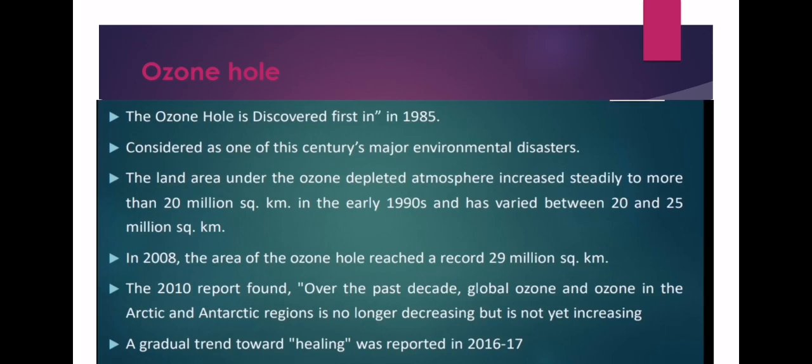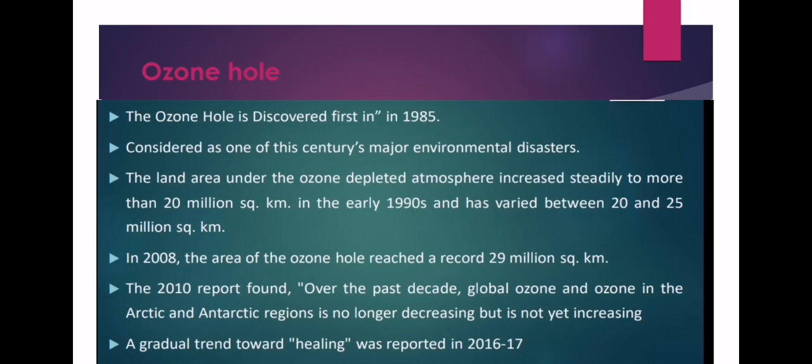Ozone hole. Number 1, the ozone hole was first discovered in 1985. Number 2, it is considered one of the century's major environmental disasters. Number 3, the land area under the ozone depleted atmosphere increased steadily to more than 20 million kilometers in the early 1990s and has varied between 20 and 25 million. Number 4, in 2008, the area of the ozone hole reached a record of 29 million kilometers. Number 5,